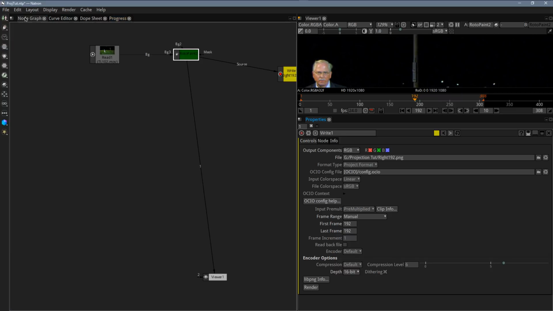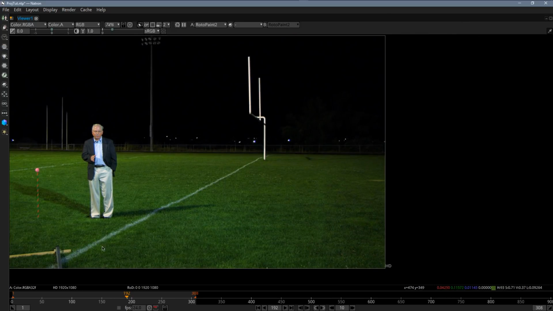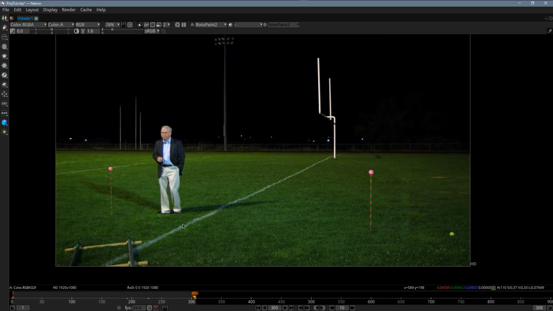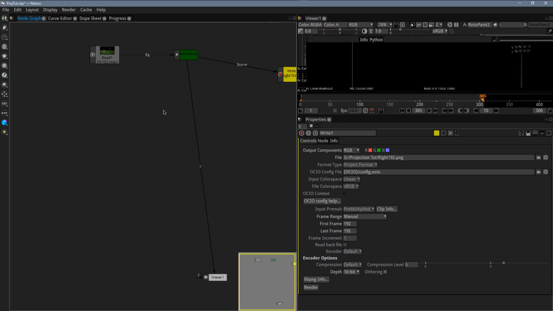So now I'd come back to the node graph, and I would do the same thing with the other objects in the scene. So I'm going to go to frame like 308, and let's go and pan over here. I would create a new Rotopaint node and paint out this ball and this track. And then I also, I think it's like frame 76 or something like that, have painted out this other post here as well. So we're just going to repeat the process, and when all is said and done, you're going to end up with